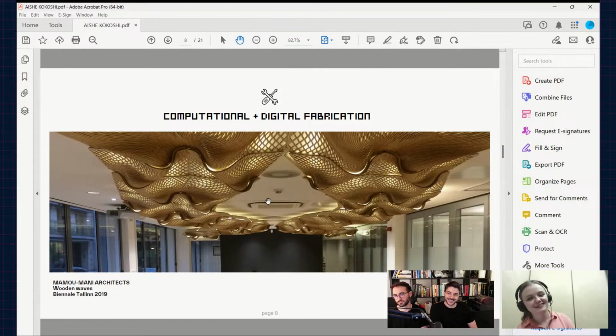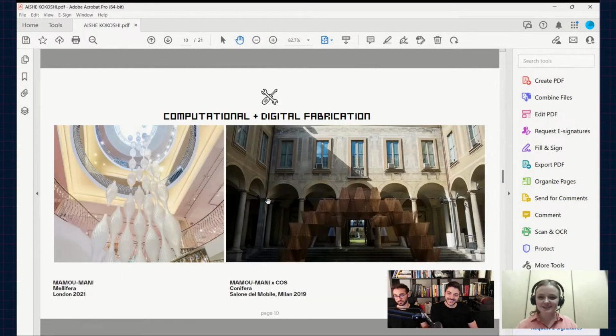Yeah. Cool. And another one, same at Mamumani, these are 3D printed. On the left and on the right, we have the Conifera for Salone del Mobile in Milan. This was entirely 3D printed, and all the G-code was generated with Grasshopper.